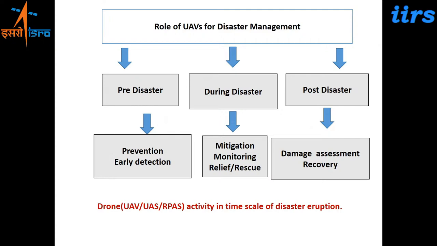So why? Because what you need is an accurate data collection. And this time, many a times, as I said, satellite pass may not be there. Then the resolution of the satellite data is also a limitation. And many times during disaster, extremely difficult conditions are there. So it's difficult to collect data on ground. So in order to get this kind of high spatial resolution data sets, telecommunication also is affected in those scenarios. So drones also can help in those situations.